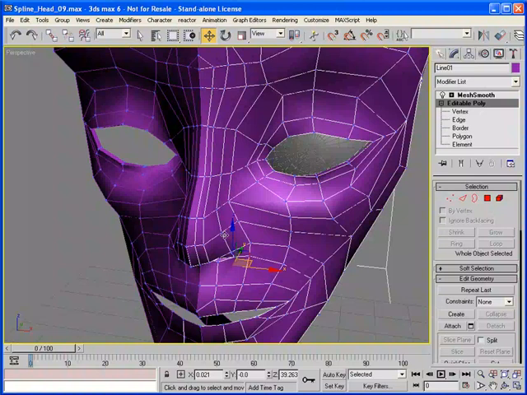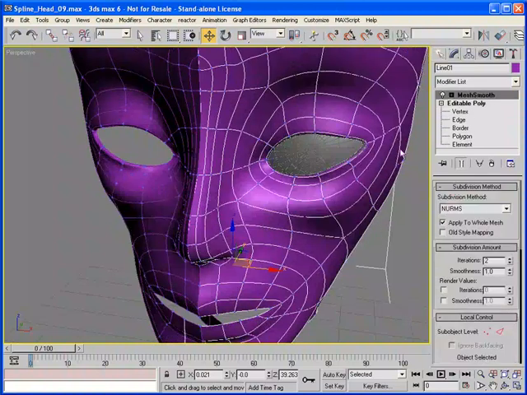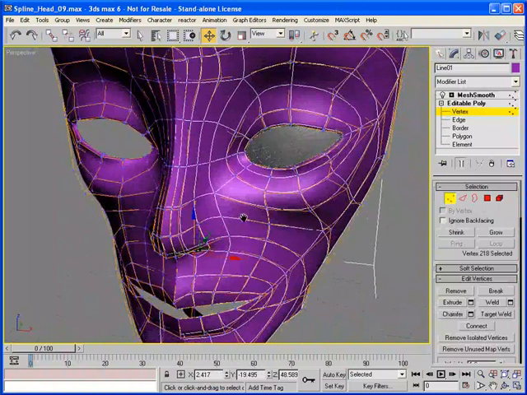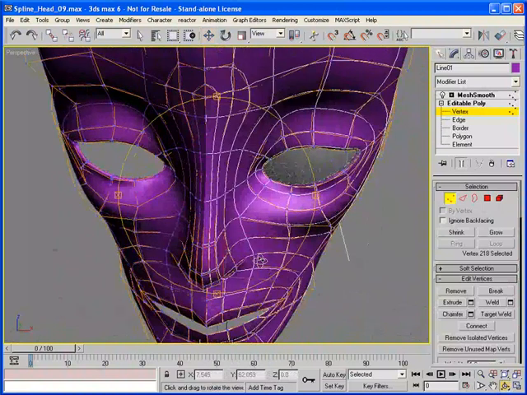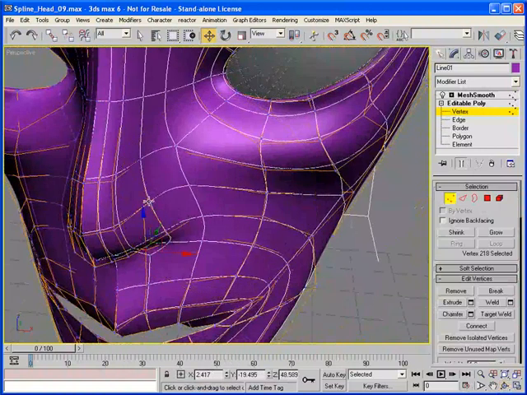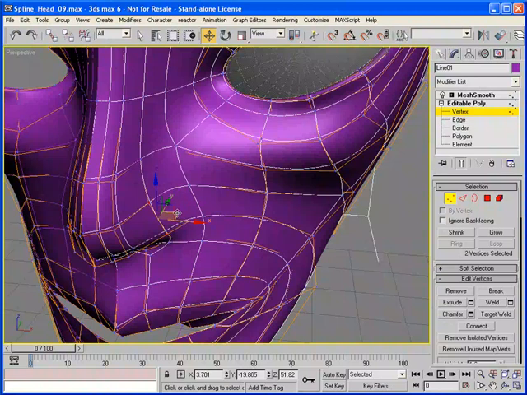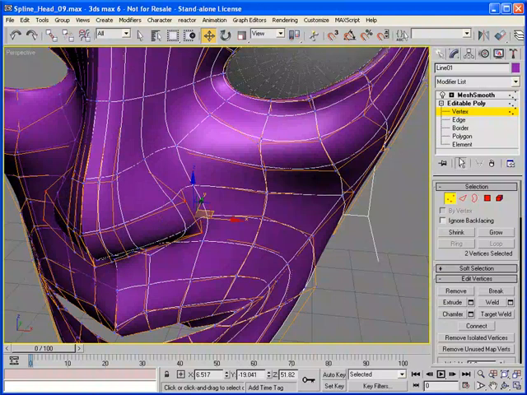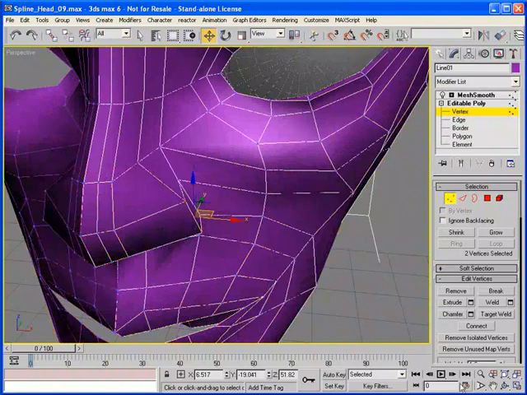First thing I want to do is model that crease on the side of the nose. So I'm going to go to Vertex. In fact, I'm going to turn on Mesh Smooth at this point. It's going to be hard to find the vertices because we want to get the vertices on the cage, not the ones actually on the surface. Those can get confusing at times. I'm going to take this out. In fact, here, let me show you what I'm doing here. I'm creating